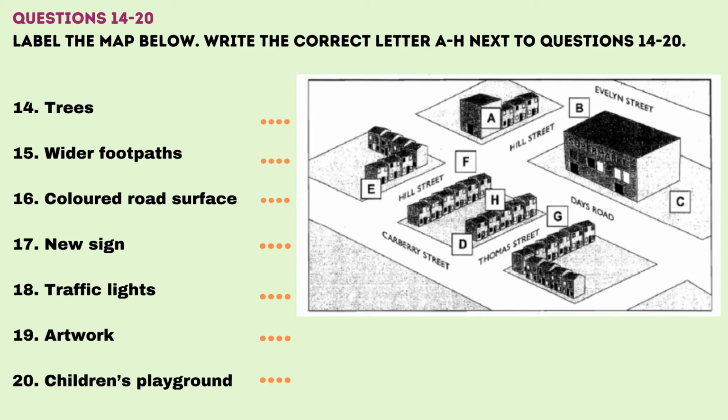Wonderful. Now, what's the next stage? Well, the final plan...